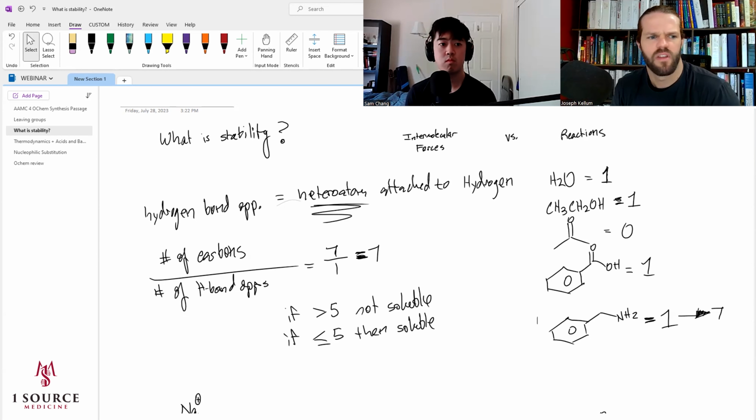I wouldn't say I have a lot, but I have a few tips kind of like that for things throughout the MCAT. The hydrogen bond opportunity one is one I made up whenever I was studying for the MCAT. This was a long time ago, but it just works. It's a really good question. I think